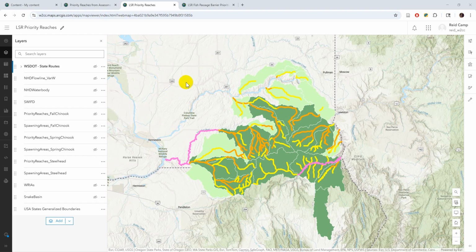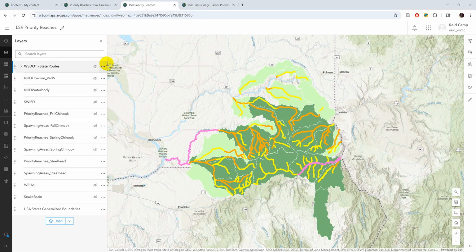This quick video will show you how to add notes to the different prioritization layers on the web maps, making it hopefully easier for you to document any changes that you'd like to see the RTT review or update for the different layers. So you'll receive the links via email, and you can come into here and this is what